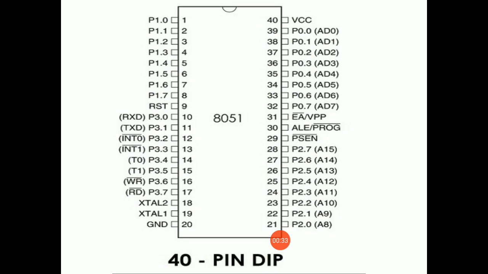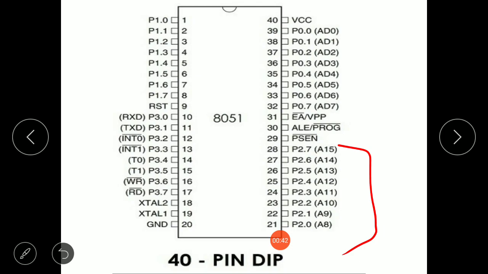As you can see in the pin configuration of the 8051 microcontroller, these are the port 2 pins. With port 2 pins, P2.0 is written as A8, P2.1 as A9, P2.2 as A10, and P2.3 as A11. So you can see there is a dual role for these port 2 pins. In many systems based on the 8051 microcontroller, port 2 is used as simple input output, which I've already discussed. However, in 8031 based systems, port 2 must be used along with port 0 to provide the 16-bit